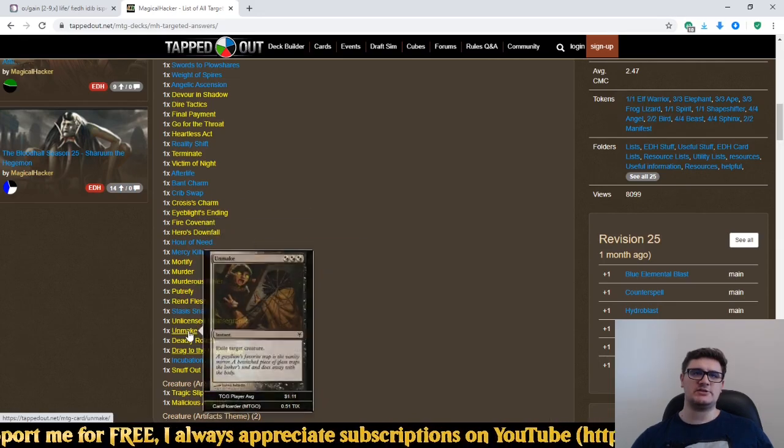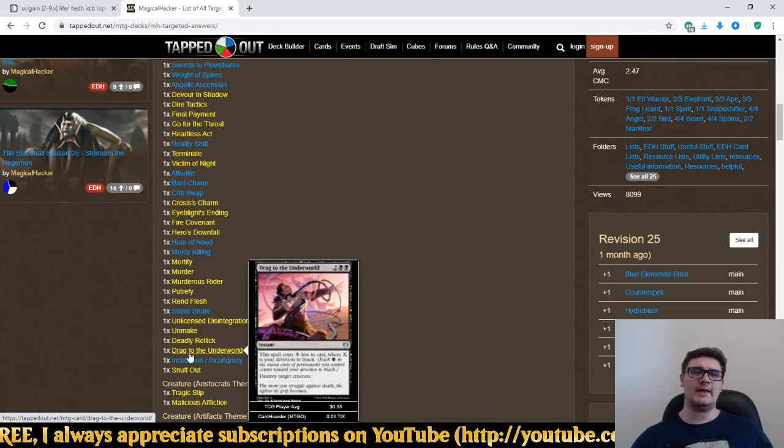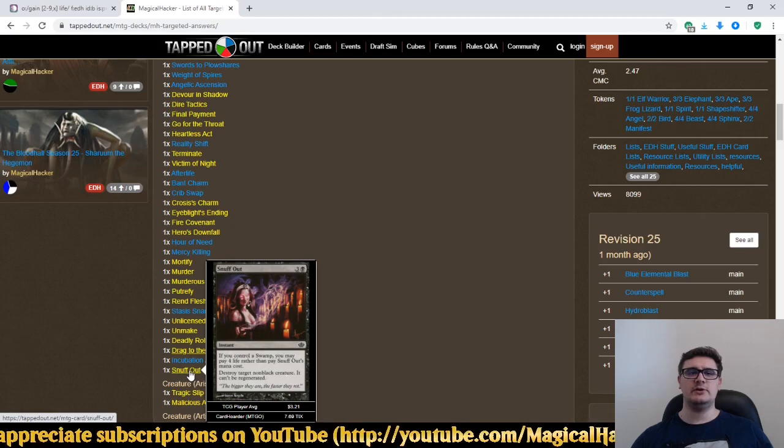Rend Flesh, that's not going to be as good. Unmake, not as good. I do like the Drag to the Underworld. That one actually might be the one we go for, because if we've got our commander out there, we've got 3 Devotion to black, and we get to pay 4 life just to cast out a Drag to the Underworld for free. Although paying 4 life, do we actually want to do that compared to...